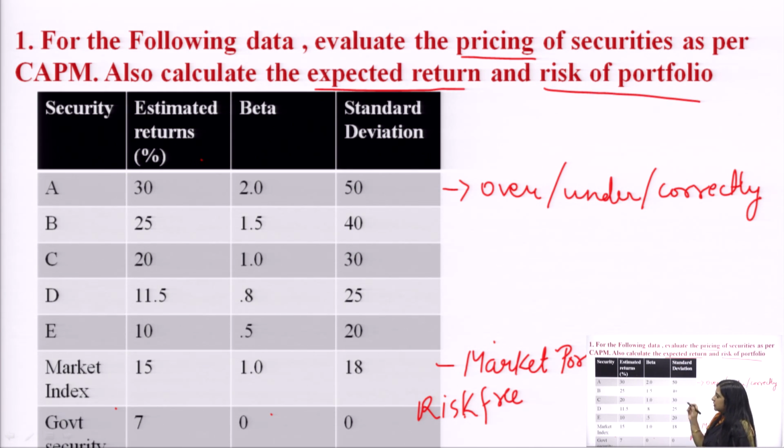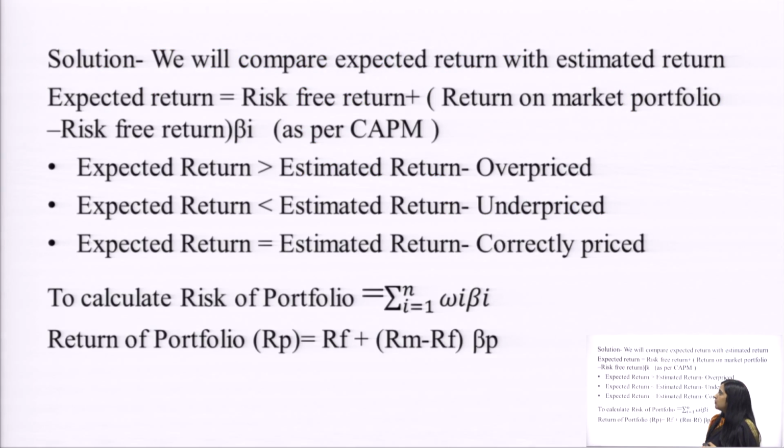If we see in this question, we have not been provided how to make a portfolio, means in what proportion we should add each security. So, we have to assume, because it is not given in this question, that all the securities would be combined in the same ratio. So, how to solve this question, or if this kind of case is provided to you and you are a portfolio manager who has to make a portfolio, how would you derive a portfolio, and you will compare the risk and the return of the portfolio.